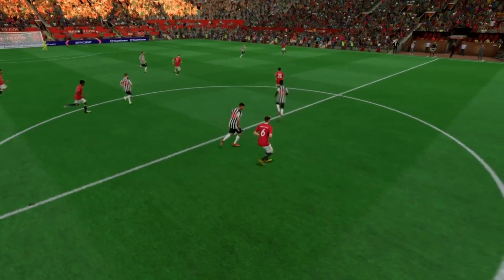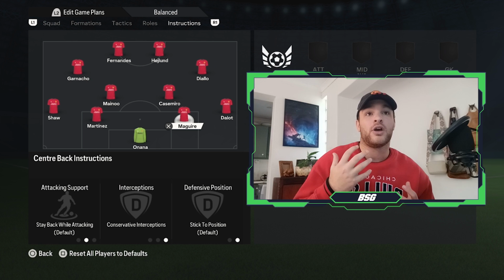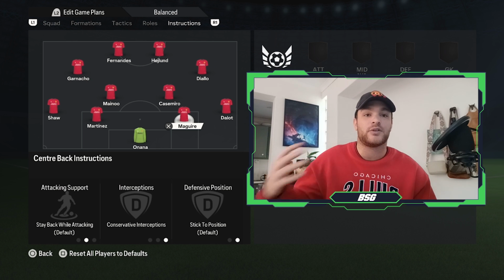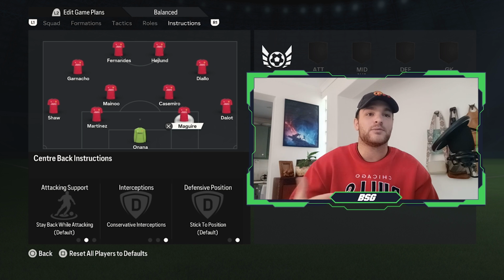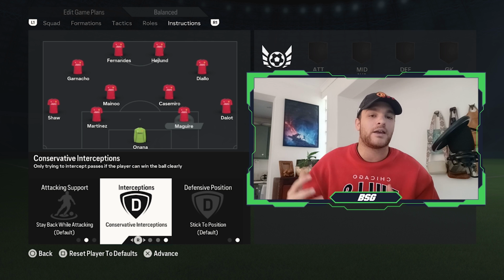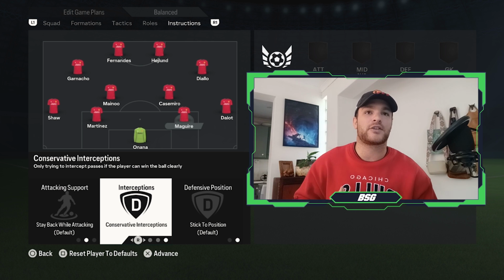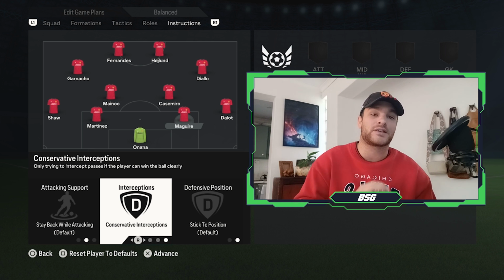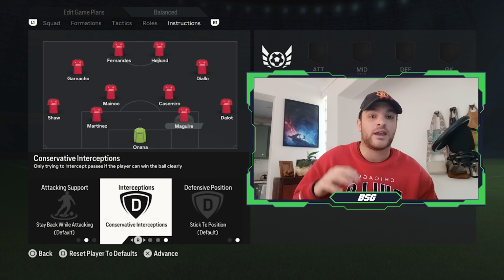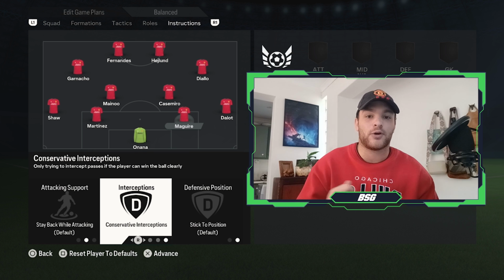Now Maguire will have a similar role in terms of collecting the ball from Onana, playing those balls into the wider channels. He is very good at switching the play, playing those line-breaking passes into the midfield, but he is set to conservative interceptions. And now what this will do is it will allow him to be the effective cover centre-back. So when Martinez steps up, you have the likes of a Harry Maguire or even a Rafael Varane to